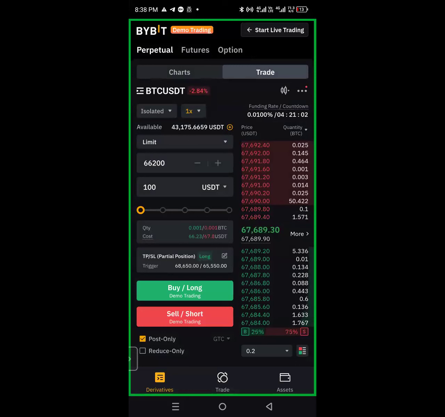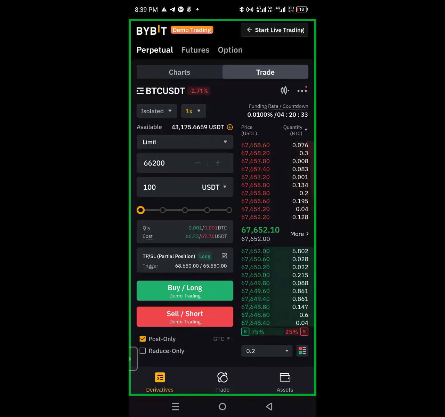there's 100 USDT here. Now look at your cost. The cost is $66.23, right? The cost has increased. Now, if you are going to be taking the trade this way, it means that you don't want to take advantage of leverage here. And then it also means that you are isolating